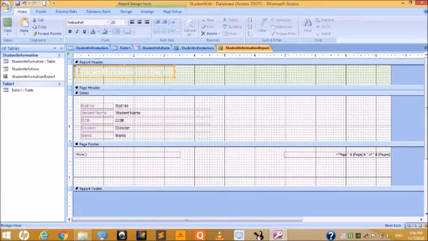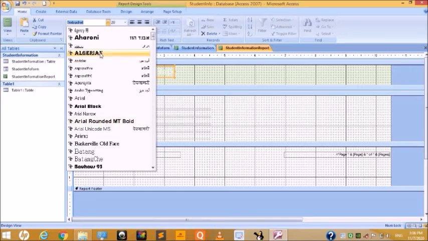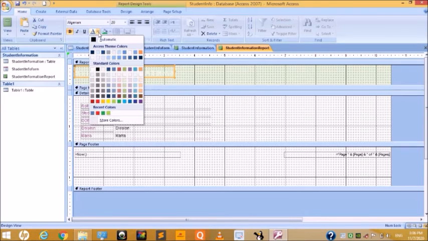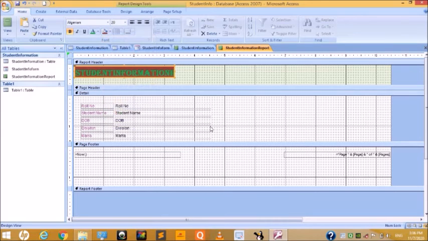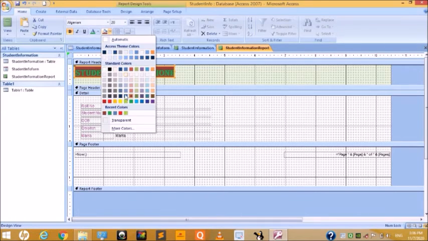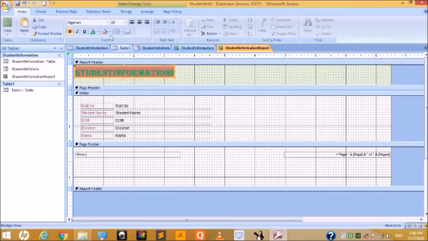So this is your report header. Select it, bold it, choose the size, choose the font style, font color, background color, in this way.